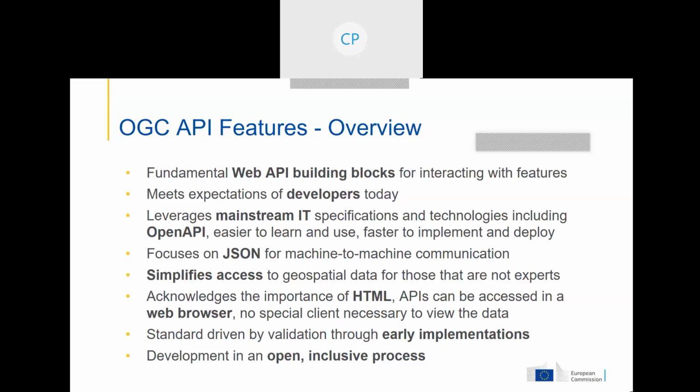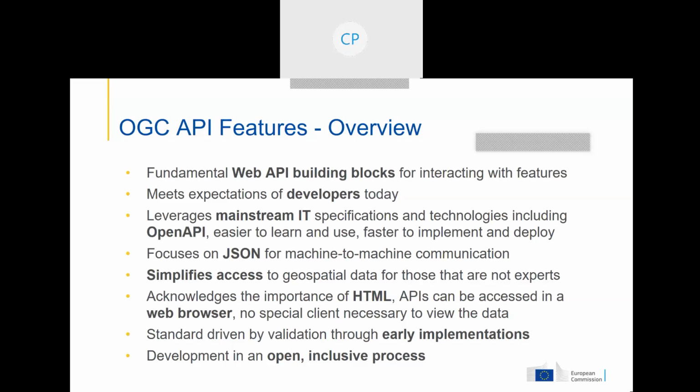And part of that is then also to simplify access to our data for those that are not experts, right? So the geo experts may have the time and energy to actually work with the more complex things, but lowering the barrier is important. Alex also mentioned the use of the web browser, and one of the things that we also do is say HTML and the web browser are part of the web.